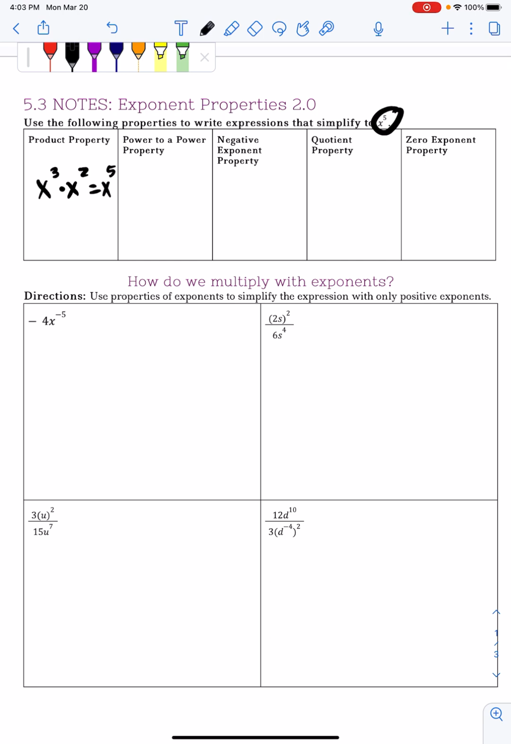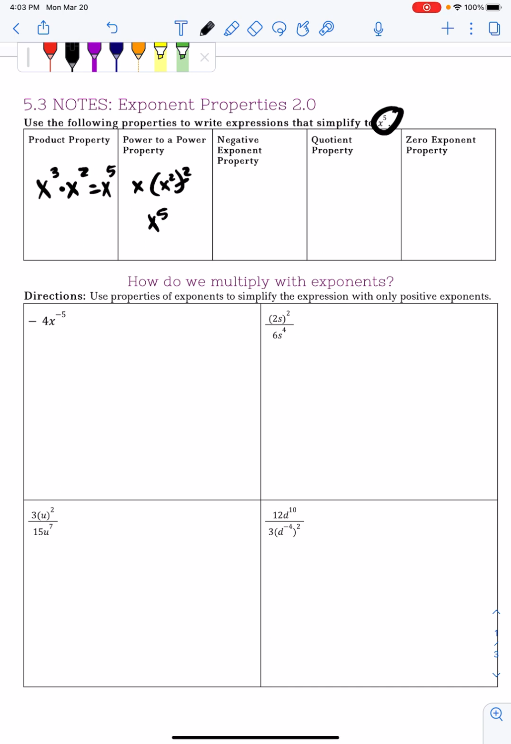Power to power property says that I'm going to multiply the exponents. So we could have x times (x squared) squared. This would give me x to the 4th. When I multiply these two together, 2 times 2 is 4, times another x would give me x to the